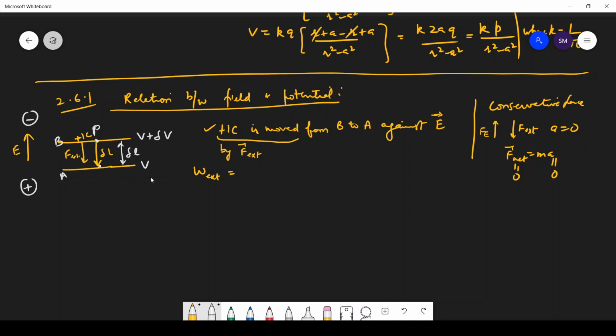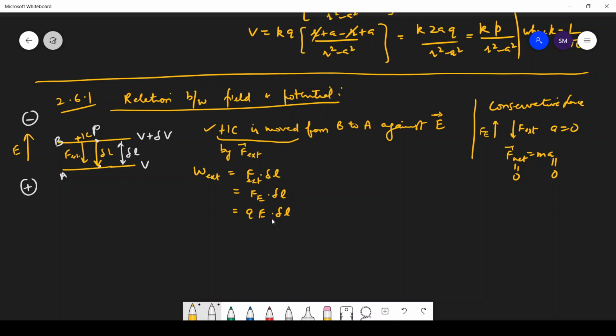So bringing +1 coulomb, an external force is acting. So the work done is equal to force into displacement, and you know that the angle is 0 degrees, so cos 0 is 1, and that's equal to, what is the force? I told you that this external force is exactly equal to the electric force. What is electric force? Q into E. So QE